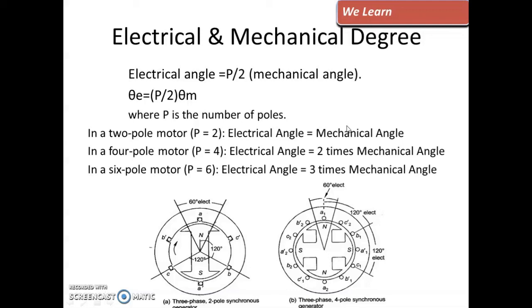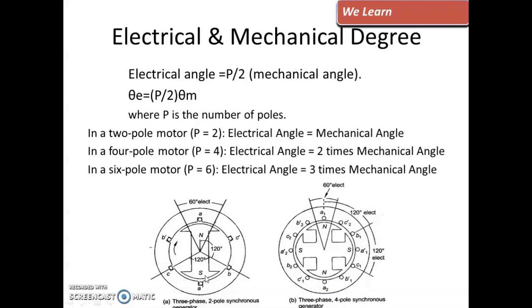So summarizing these points, keep in your mind that from one north pole to the adjacent south pole, it is always 180 degree electrical. The phase angle between two adjacent poles is always 180 degree electrical, irrespective of what the mechanical angle between them is. I hope this is clear.